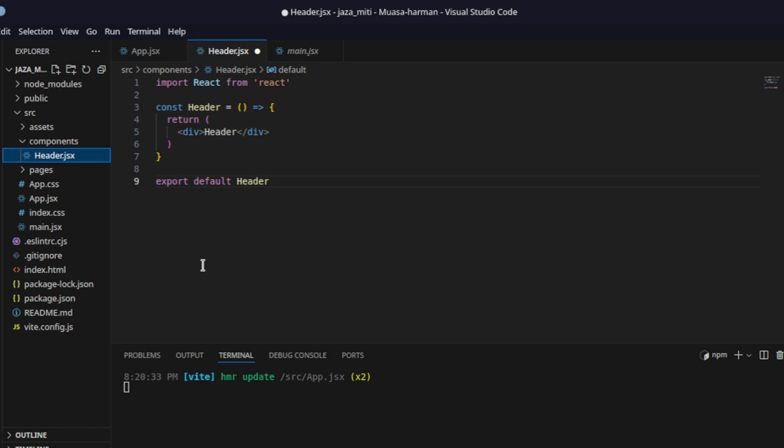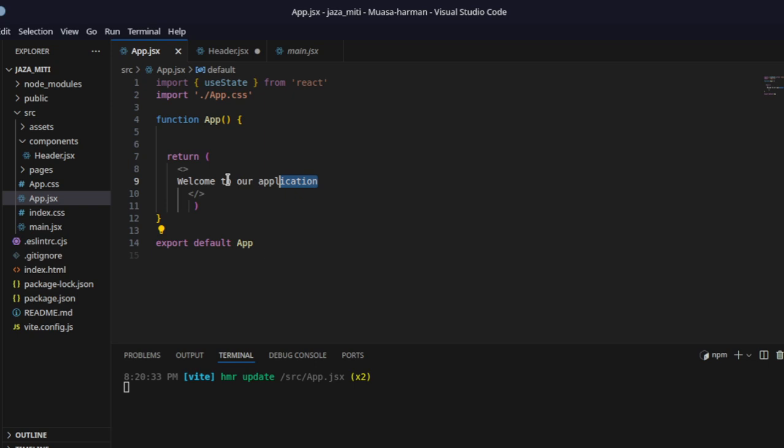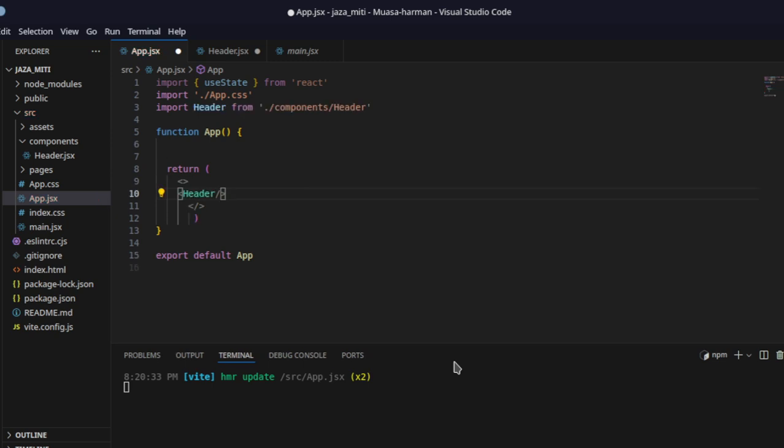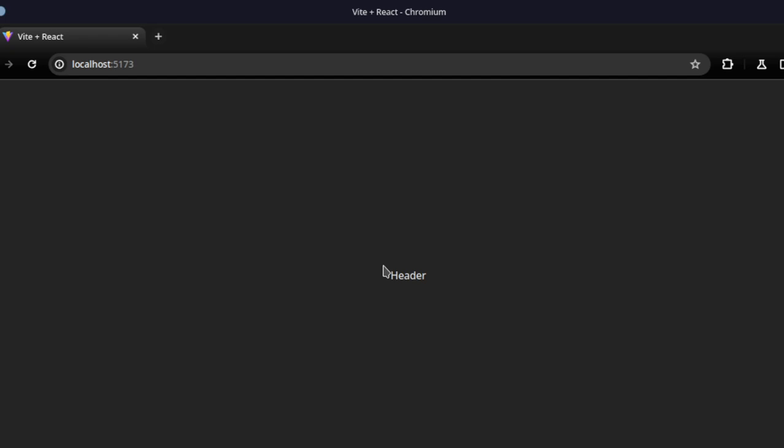What we're going to do is import the header in our main project. So we need to import this header. You see, we have put the header here and it is already imported as well. We need to save it and see if the header is well saved. You see everything is working accordingly, but we don't want to style it in this format, so we will do